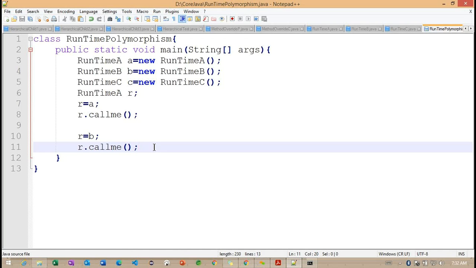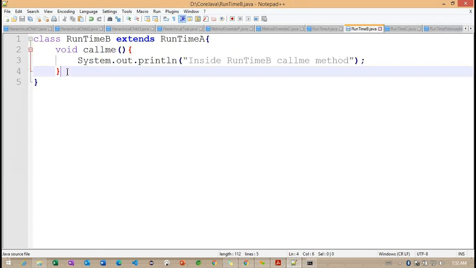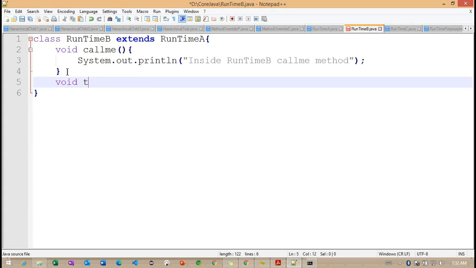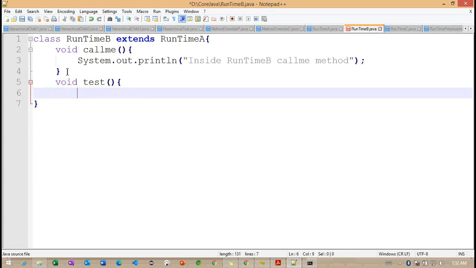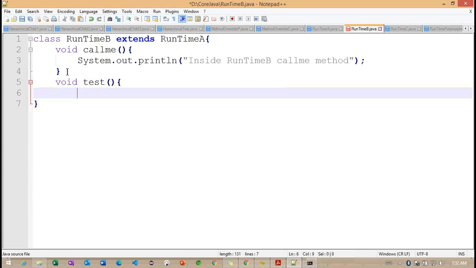Okay. Now inside this runtime B class, I am trying to define one more method. I'll copy the same one, the only change being test instead of call me.